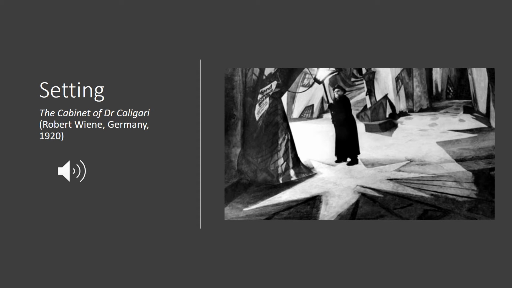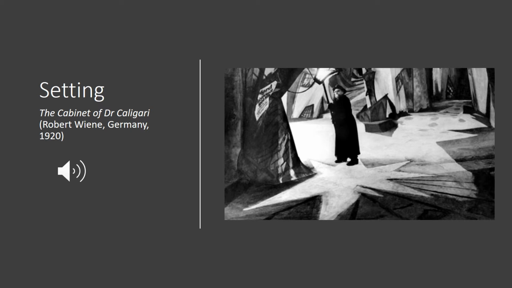The other important aspect of setting is that it can channel some of the psychological issues and aspects that the filmmakers want to introduce in their films. So it can give us some clues about the psychological state of the characters, or some ideas about overarching themes